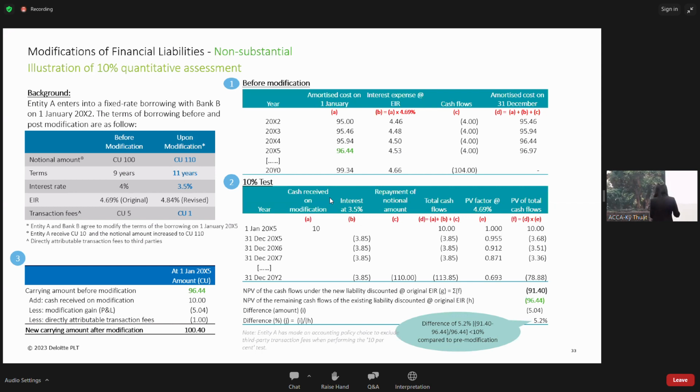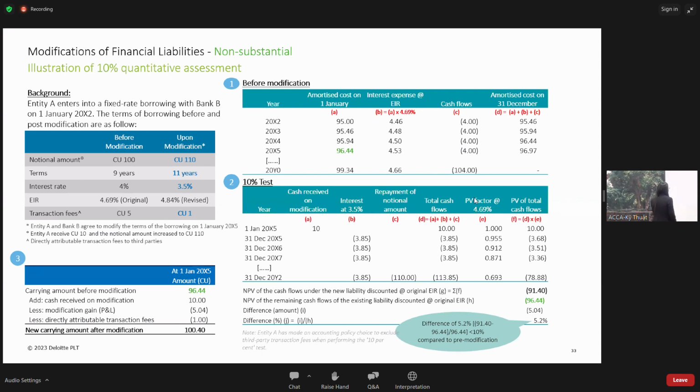And at that time, when I modify, I had to incur a transaction fee of 1. Okay, then take note of some additional information. The date of modification is 1st Jan 20X5. So these terms were introduced in 20X5, which is 2 years after